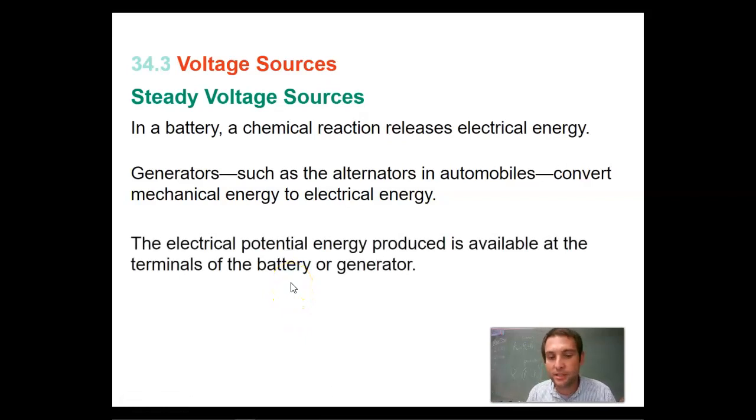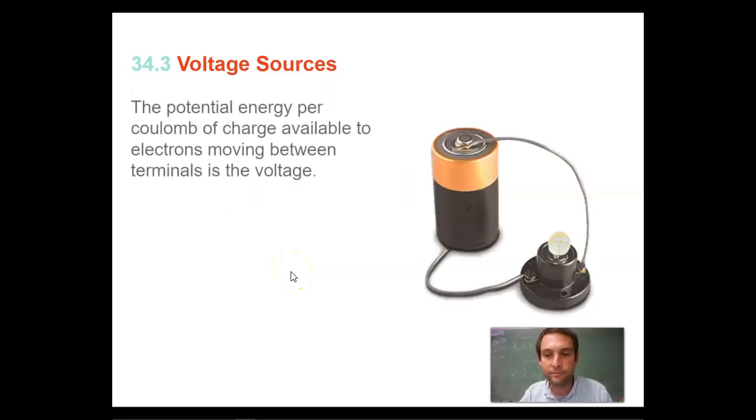The electrical potential energy produced is available at terminals of the battery or generator. The potential energy per coulomb of charge available to electrons moving between terminals is called the voltage. So when you hear voltage or say voltage, what you're talking about is the potential energy per coulomb. Remember how many billions and billions of electrons there were in just 1 coulomb of charge? So imagine all of the potential energy